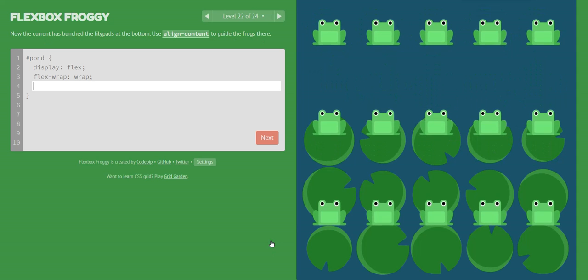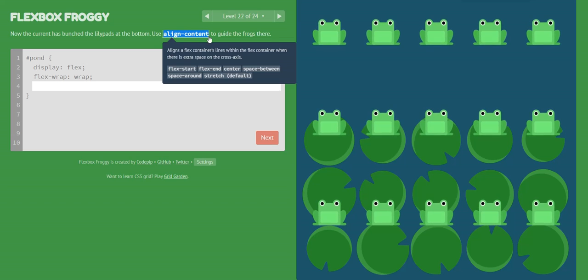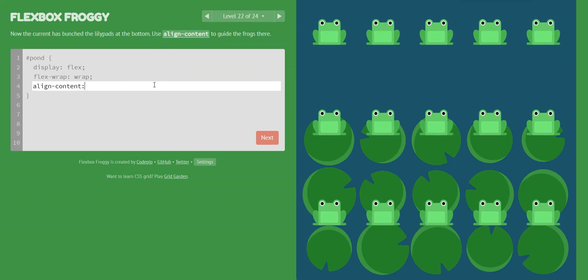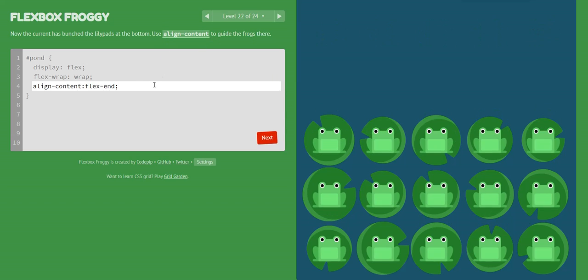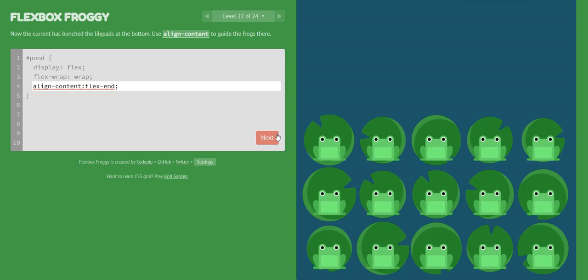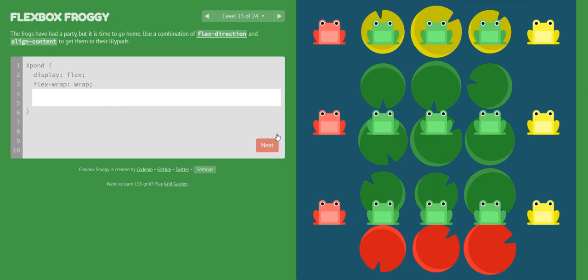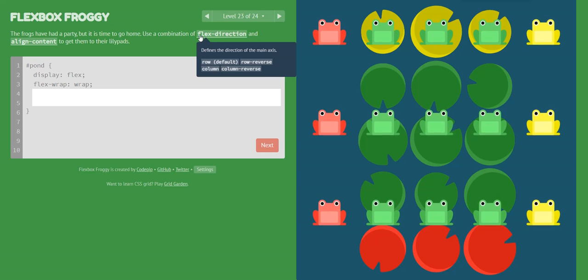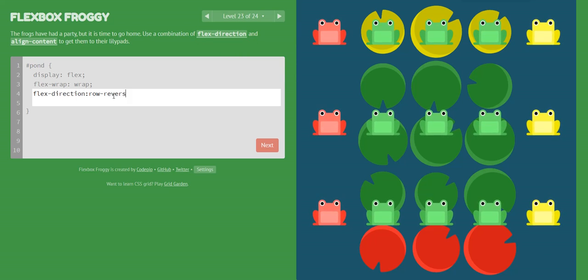Over to level 22. We are talking about aligning content. It's exactly the opposite of the previous one. So if I just say flex end, we are good. So go to next. Over to level 23, and then you see red, green, and yellow, but yellow is at the top, so we need to use flex direction here, and then say row reverse, and you can see that it has reversed.